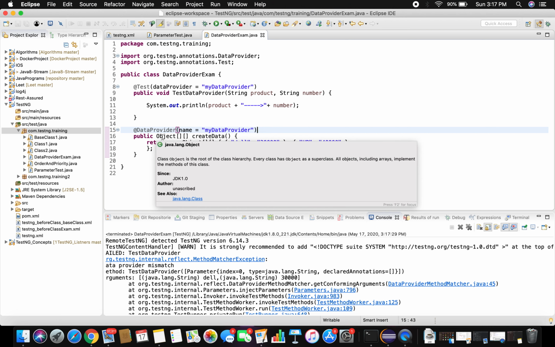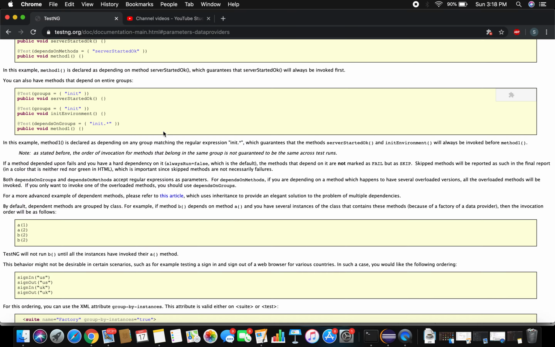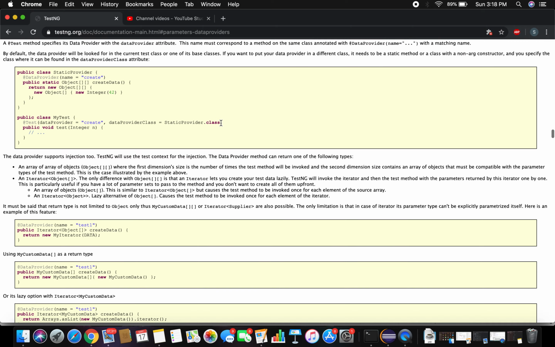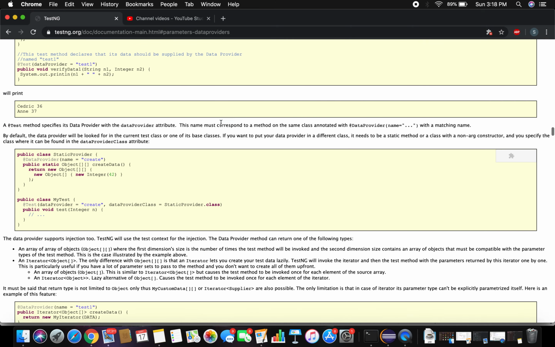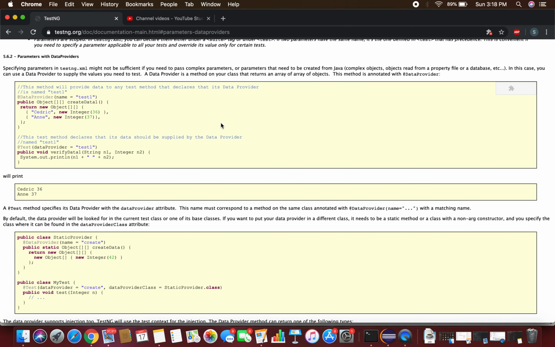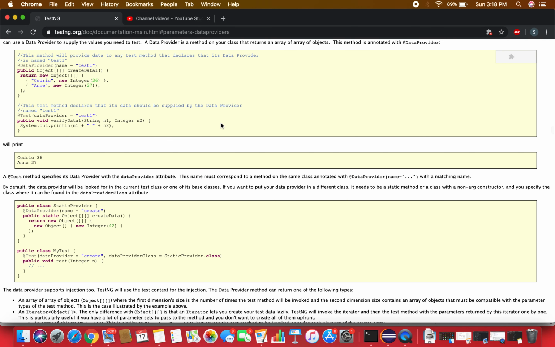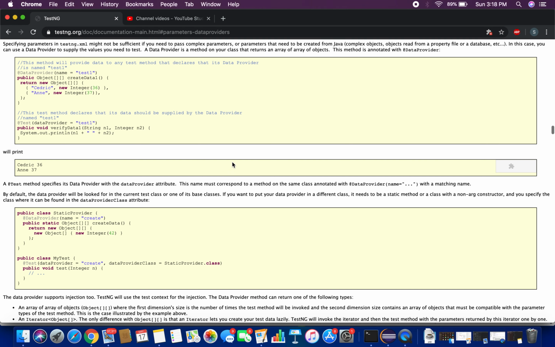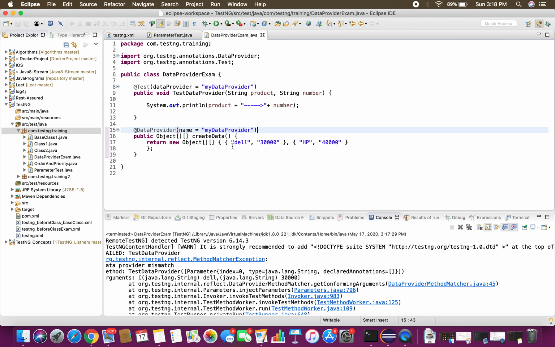And one more thing, if you look at the TestNG data provider, this need not always be an object. This can be a string, because whatever the parameters you have, everything is a string.